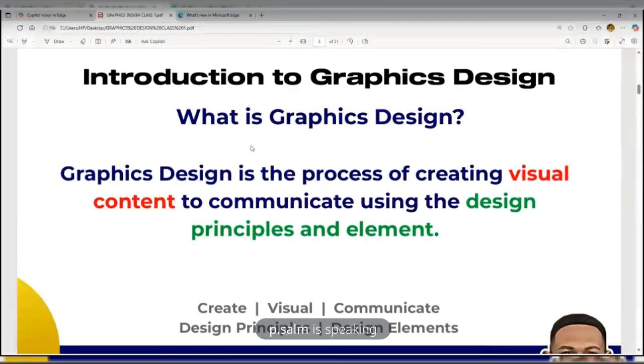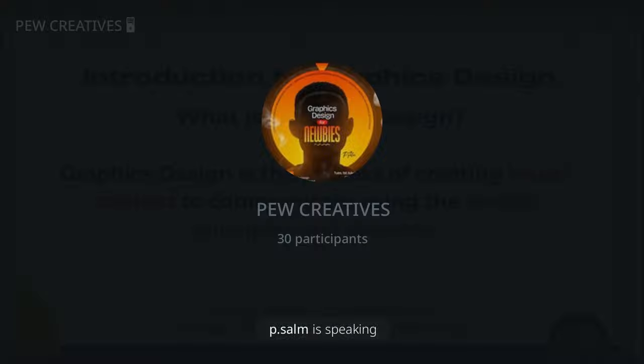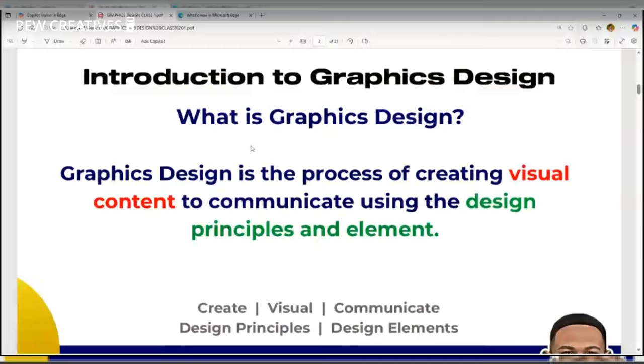So basically, graphic design is all about passing a message, an information, a call to action, a design that converts. We are trying to pass a message to our audience, and we want to do it in a way that will be graphically appealing. So it's the process of creating visuals to communicate your message using design principles